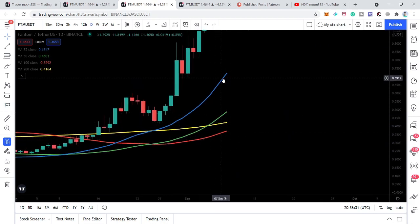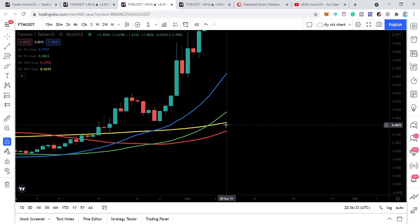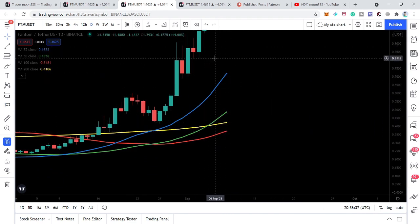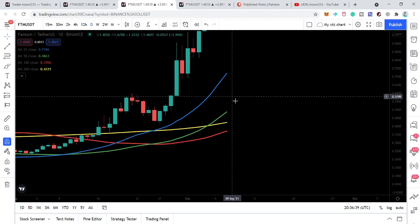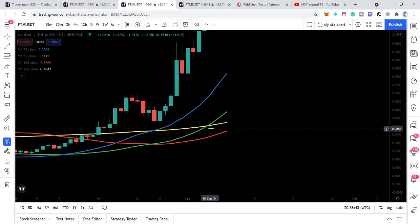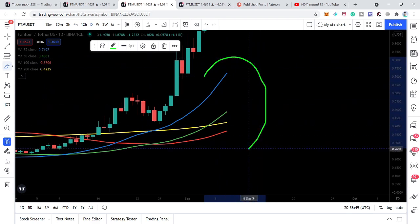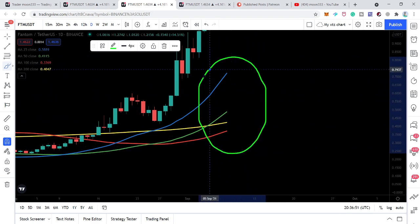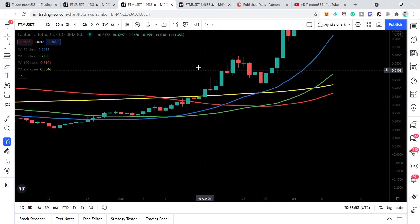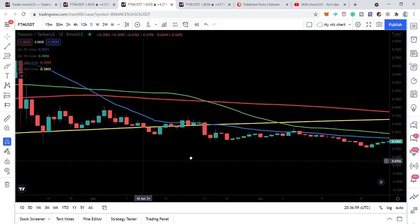Then we will have the 25, 50, 100, and 200, the smallest time frame moving average above all, then the bigger ones, and the biggest time frame moving average, that will be the 200, will be below all other simple moving averages, and it will be a complete formation of an open alligator mouth by the simple moving averages. And then these moving averages can work as a very strong support for the price action